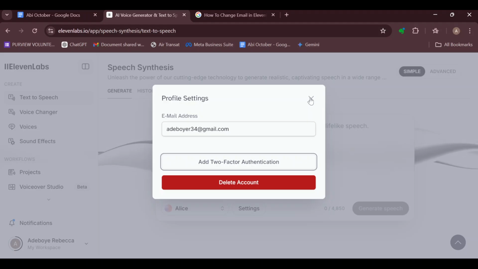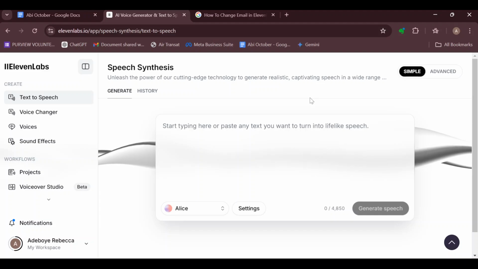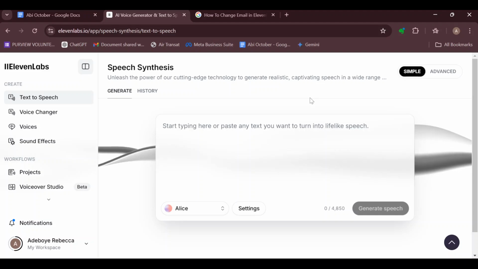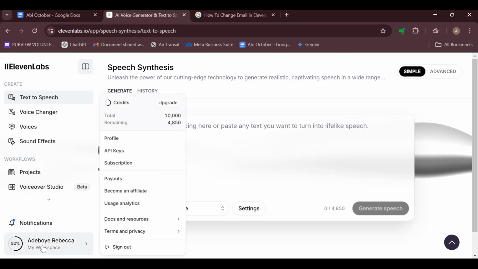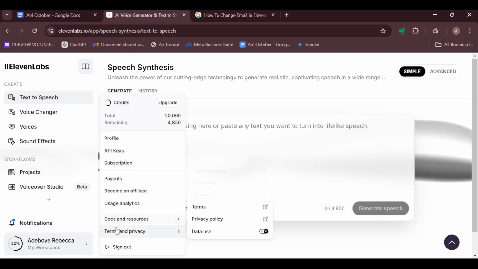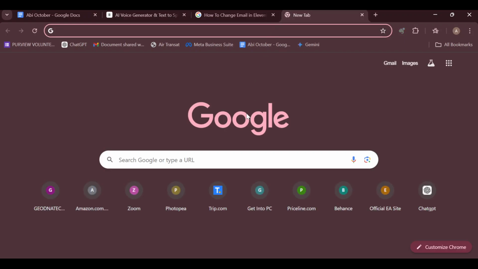be changed automatically. But if you used your Google account to create the account, note that it is impossible for you to change your email. The only solution will be for you to reach out to the Elevenlabs support, also by clicking on your account page, and then your account name, and then locate the option which says help or the option which is support. If you cannot find any here, move to the top right corner, click on the plus icon, and in